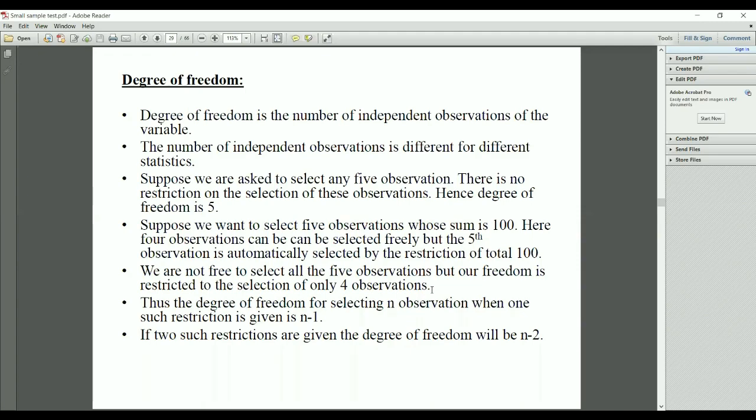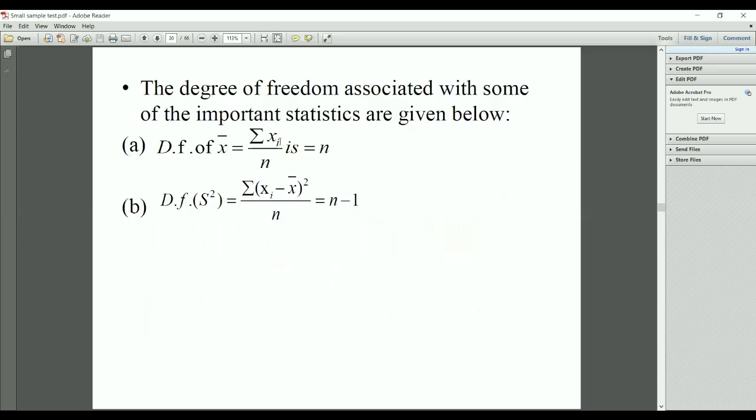If I want to check 2 groups of means, X bar and Y bar, then we use 1 degree of freedom in X bar, and in Y bar there is again 1 degree of freedom. So what will be the degrees of freedom? The total n minus 2 degrees of freedom we are using. Whenever we are using that formula, it should be sigma upon n minus 2 or sigma upon n minus 1. So this is the formula.